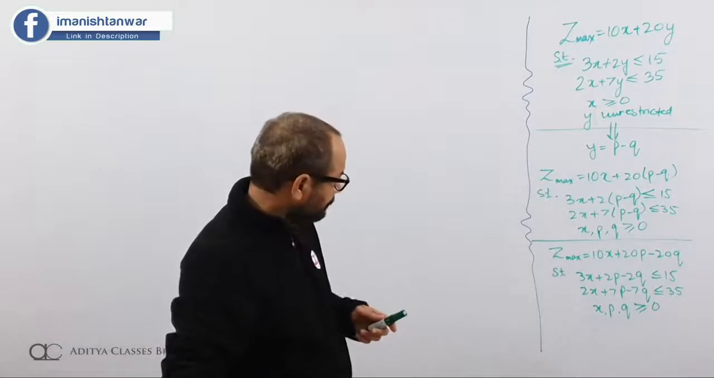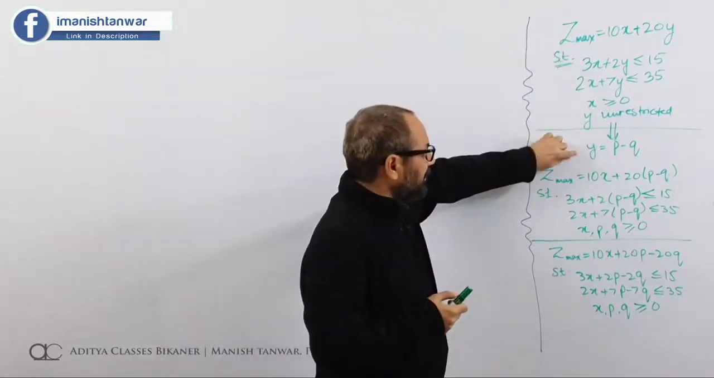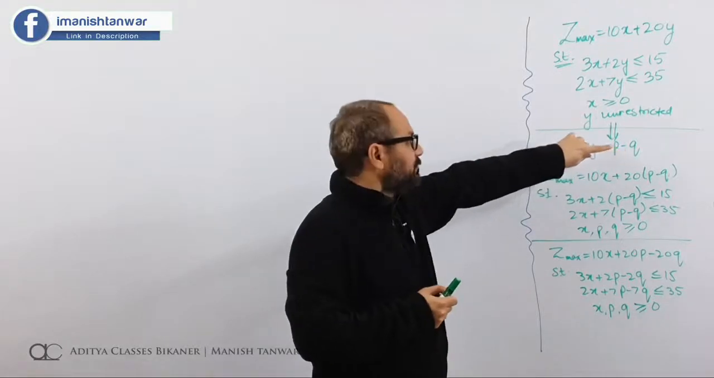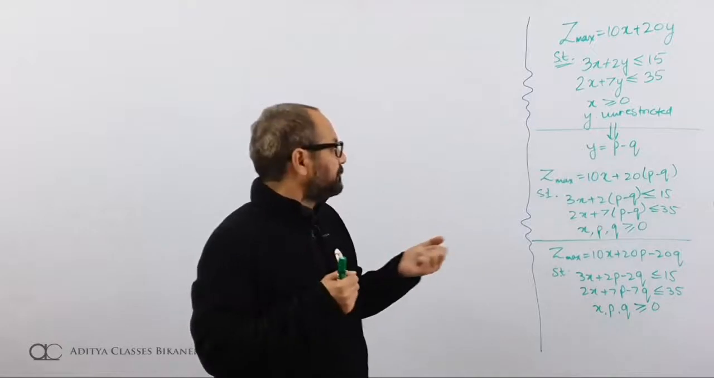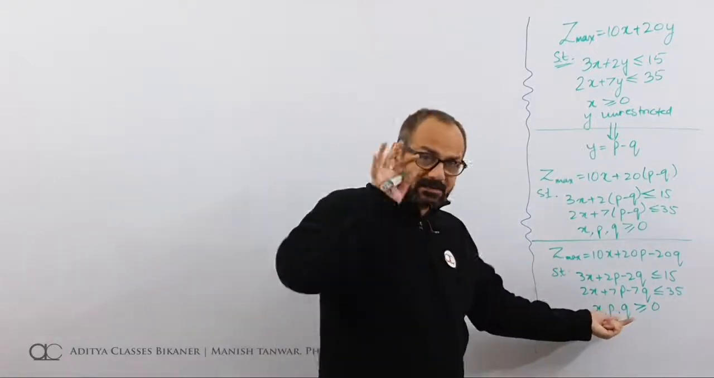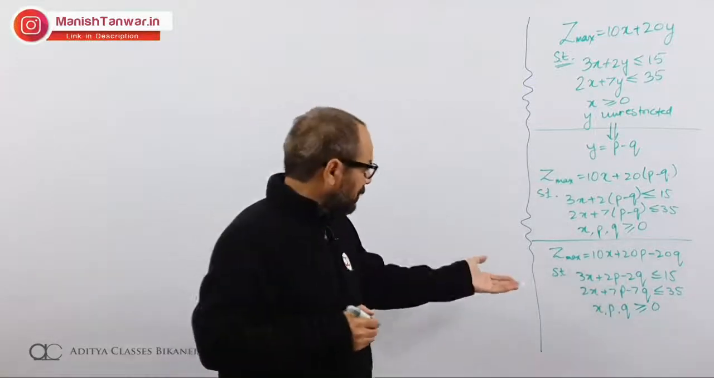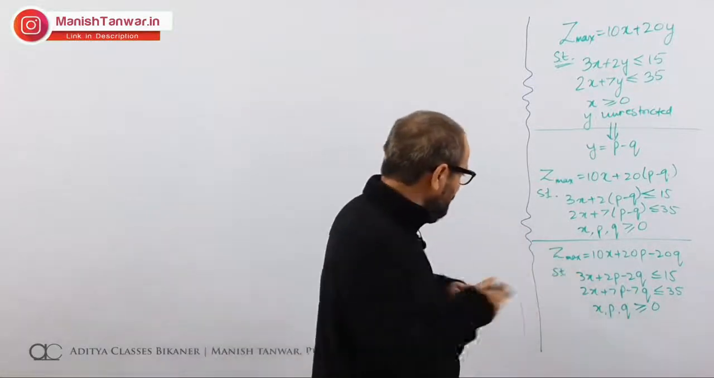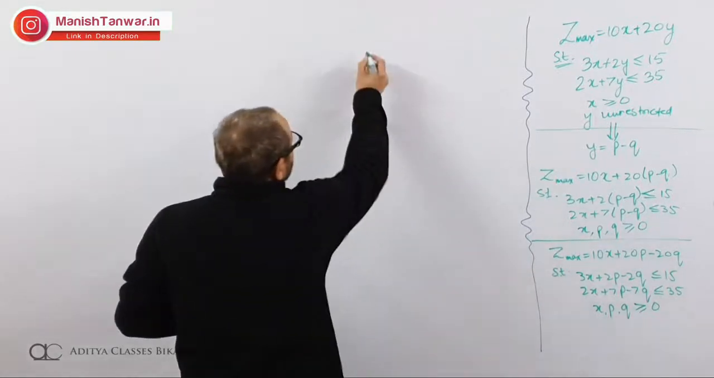Now, how do we get on with this problem? This was the initial problem, but I made a substitution of y is equal to p minus q so that this condition of y is unrestricted is overcome. Now all the variables I am making use of are greater than or equal to 0. Now can we go ahead and find IBFS? If we try to find IBFS for this, my new formulation would be